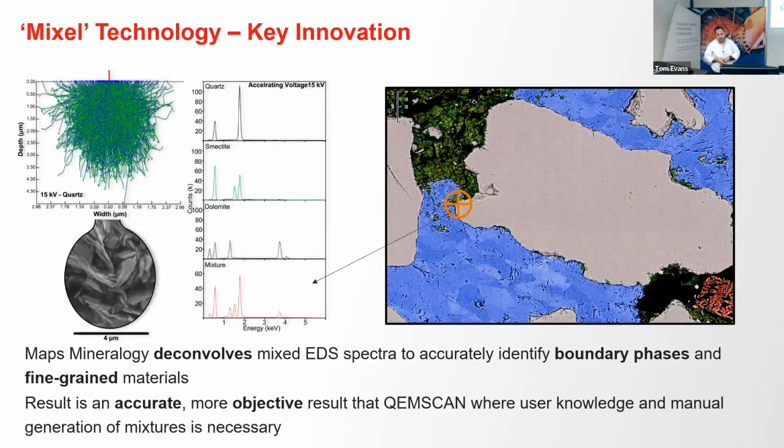So one of the key aspects that we had to develop, basically to help with those three challenges that we were facing with QEMSCAN and MLA, is what we call the mixel. It's basically the fact that the X-rays don't come from a spot, they come from an interaction volume. And in that interaction volume, sometimes the signal is coming from more than one mineral, more than one phase. So for example, if we have the red one, it is our spectrum coming from this particular acquisition point. This spectrum is not a fourth mineral, it's basically the combination of the three minerals